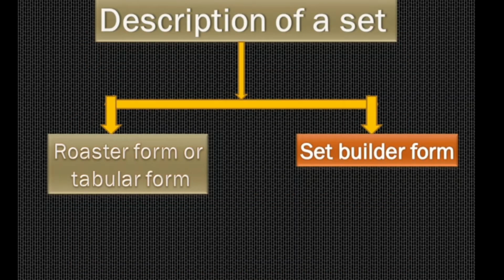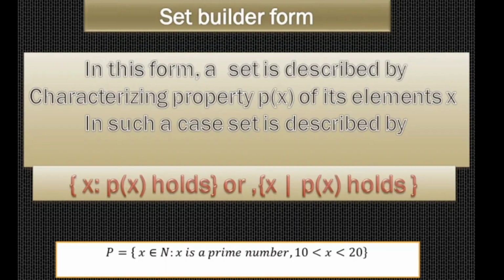Next, description of a set will be done in 2 ways. One is called the roster method, another one is the set builder form. So what are these roster form and set builder form? Do you remember in your childhood, if you have played with building blocks, the blocks are given to you, and you build up a bridge or a home or whatever according to your thinking. So here also, in set builder, some information will be given, and that we will call a property, a characterizing property.